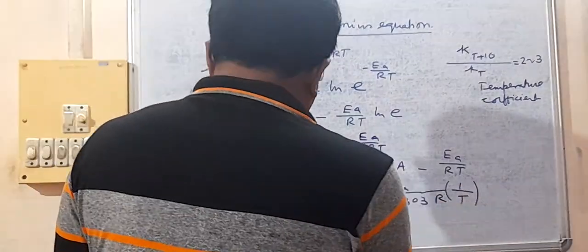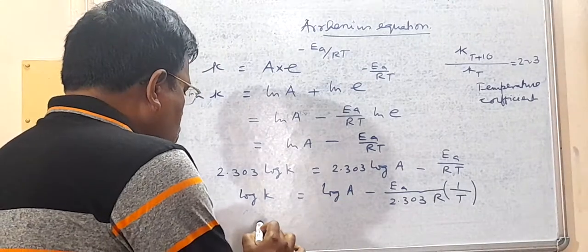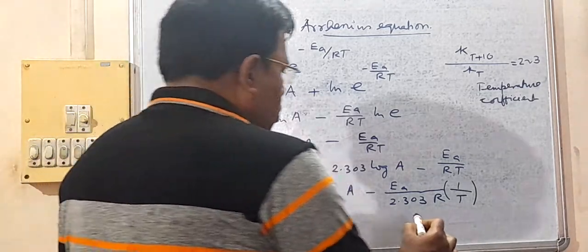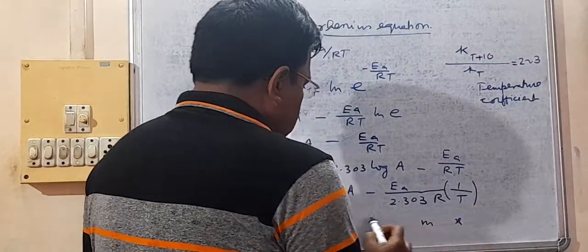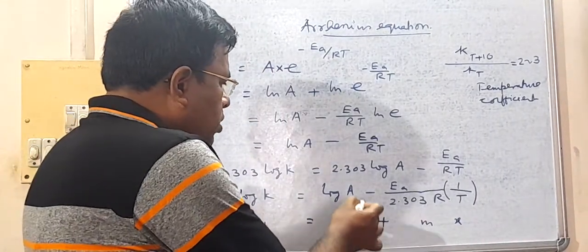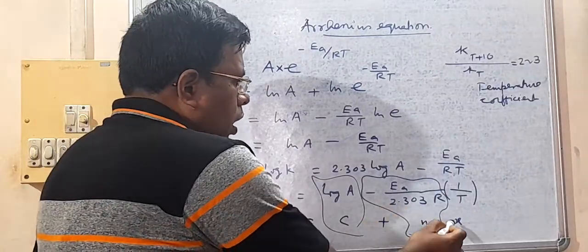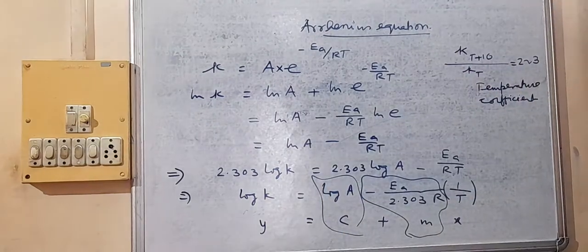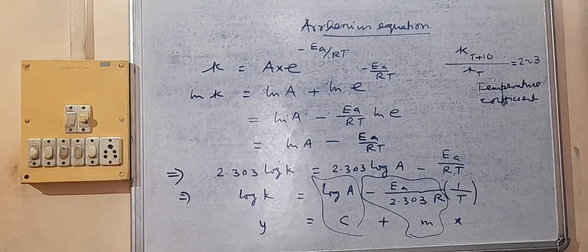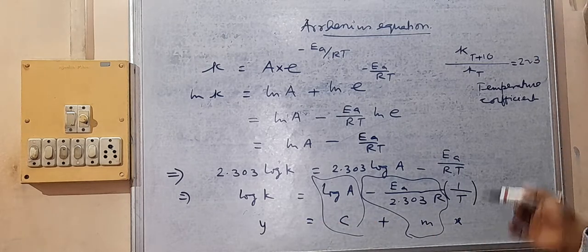So you see, this is the Arrhenius equation in logarithmic form, and you can see that this equation is of the form y equal to mx plus c. So y is matching with log k, c is matching with log A, m is matching with minus Ea by 2.303 R, and x is matching with 1 by T. Since we know y equal to mx plus c gives us a straight line,